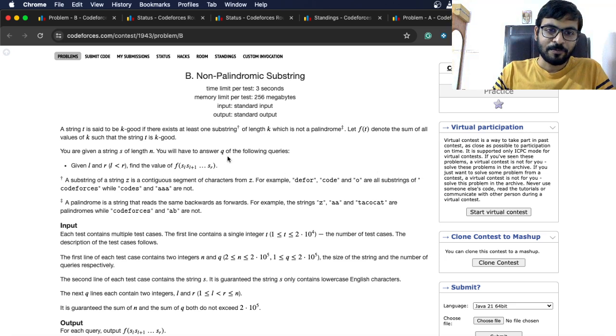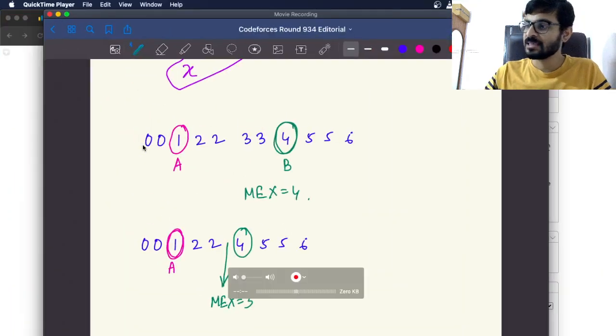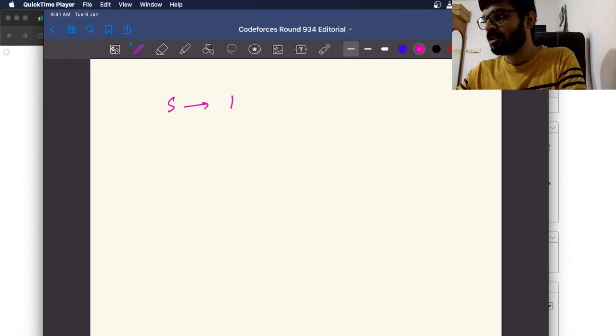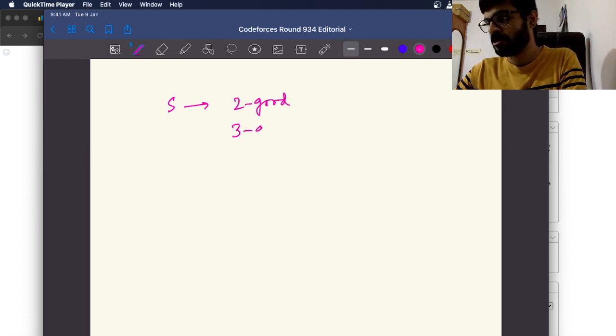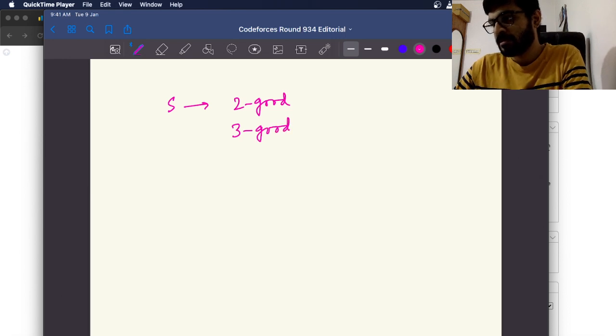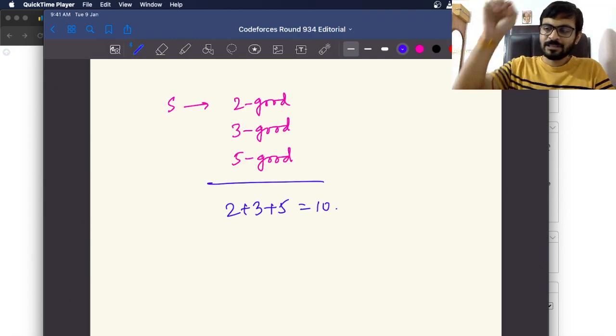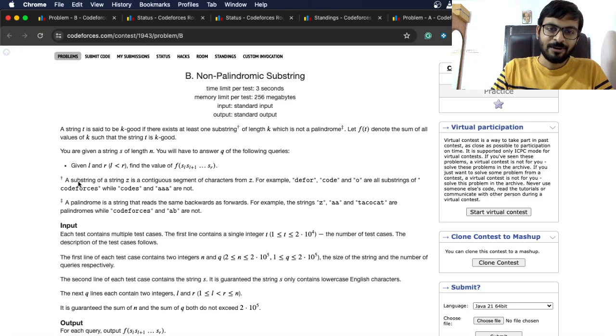Okay, now f(t) denotes the sum of all the values of k such that the string is k good, which means if a string, let's say s, is something like, let's say 2 good, 3 good, and let's say 5 good, then the answer will be, hypothetically, okay, the answer will be then 2 plus 3 plus 5 equal to 10. Okay, whatever k goods are there, the sum of those values of k. Okay, next,